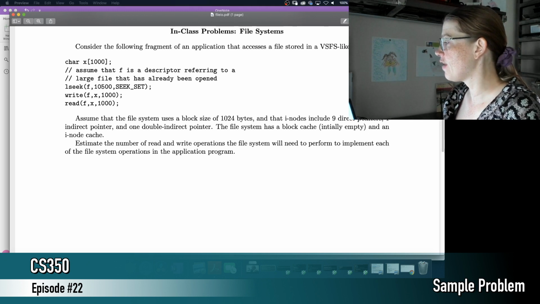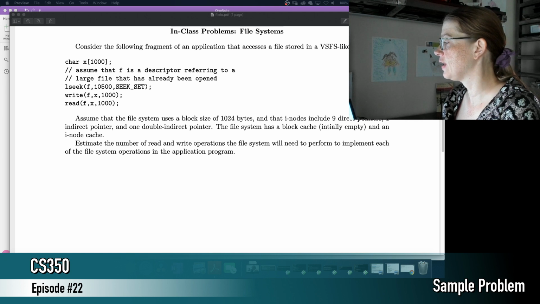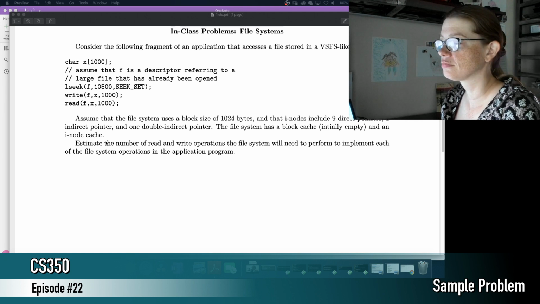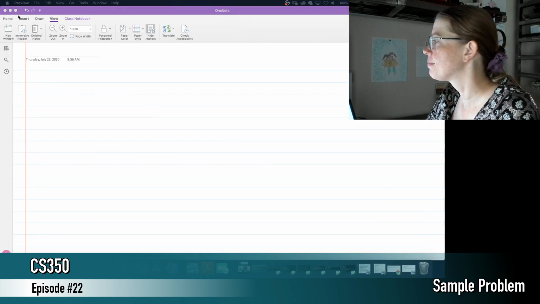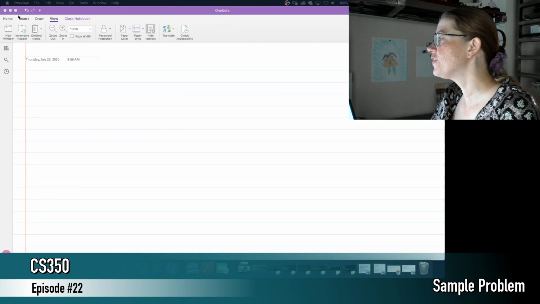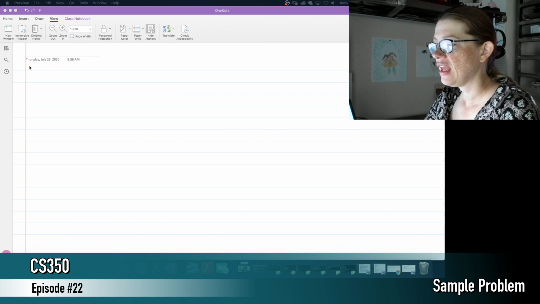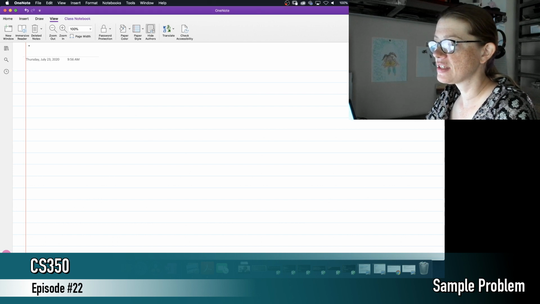So this is kind of a fun problem. I personally really like this one. I don't think everybody likes it, but I do. So let's go over here. The first thing that we need to do is, and I'll write the name of this one up here,